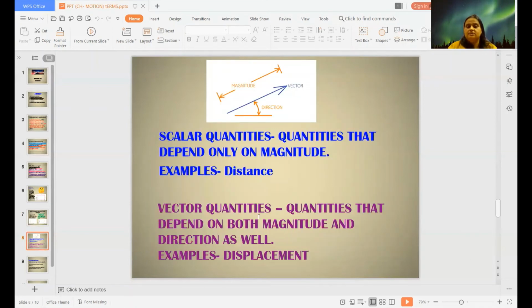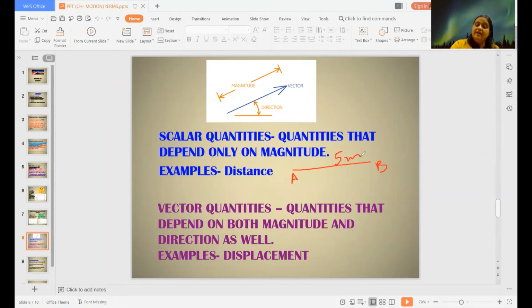Now this is an interesting topic, that is scalar and vector quantity. As we have done distance and displacement, now we will relate the terms distance and displacement to define scalar and vector quantity. Suppose I am making here a straight line. This is say A and this is say B. If we are moving from A to B, say this is 5 meter, then when you're moving from A to B, the distance is 5 meter and displacement is also 5 meter.